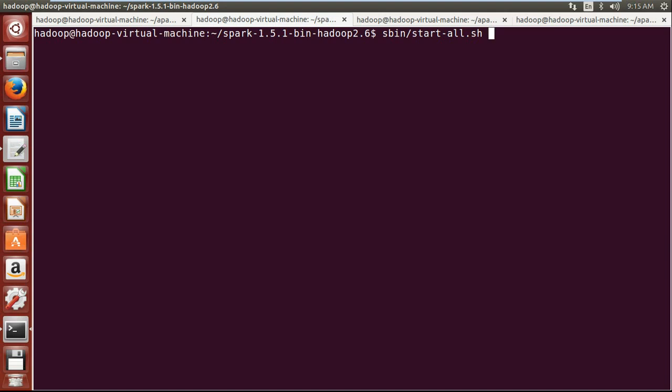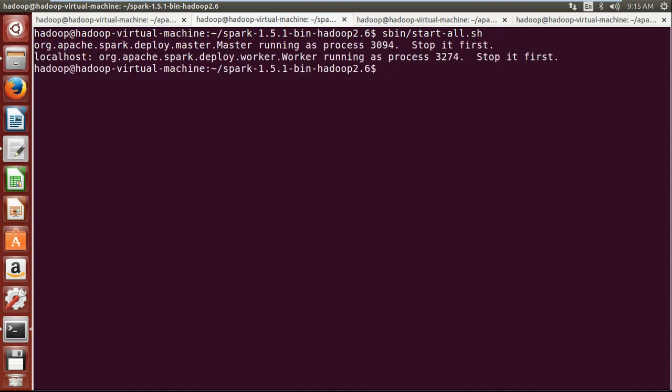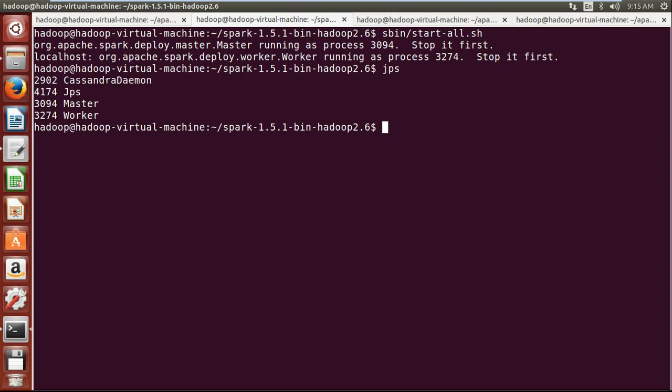See, I have changed the directory. And now start your Spark by giving sbin/start-all.sh, which will start your Spark daemons. If I give enter, it says stop it first, which means it is already running. Now if I give jps, there is the Cassandra daemon, which means Cassandra is running, and then Master and Worker, which are the Spark daemons. Now you have to start your Spark shell. This is just me saying how to start. But before doing all these things,